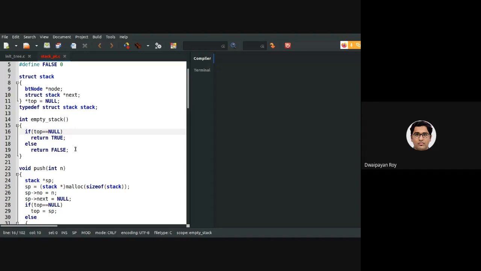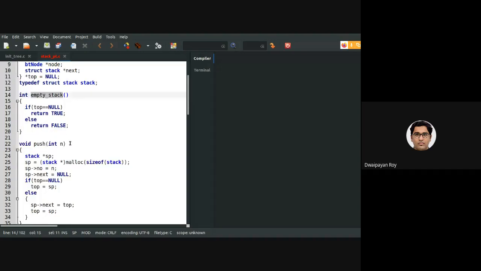And while checking the emptiness, it will be the same. If top is null, it will just return true, that is, consider the stack as empty. And for the push, we need to change this to BT node, and this to star node.